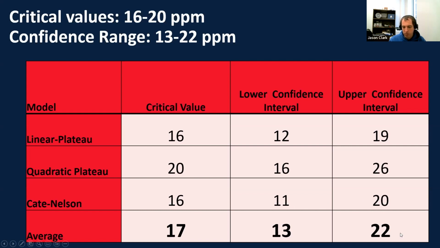If you take that, this is probably the most accurate thing, is to take the advantages and disadvantages of each of those and say, if my soil test is between 13 and 22, I have a fairly low likelihood that I'm going to see a response to phosphorus. And that's a good range we probably want to aim for getting our soil test levels to, with 17 being in that middle. So if you're between 13 and 17, that's kind of on the lower end, but if you're between 17 and 22, that's a really high chance you're not going to see a fertilizer response.